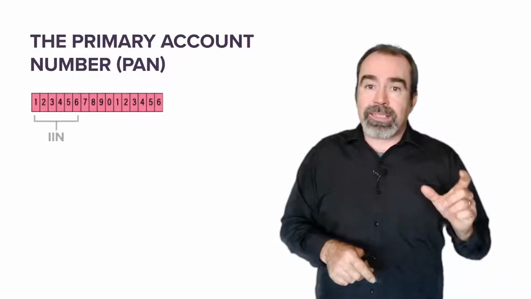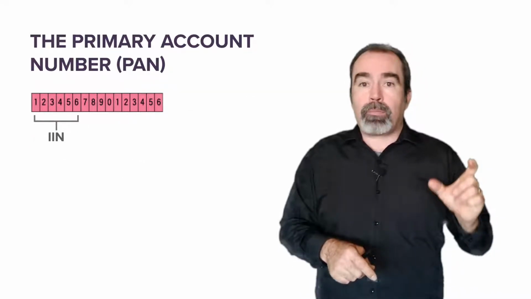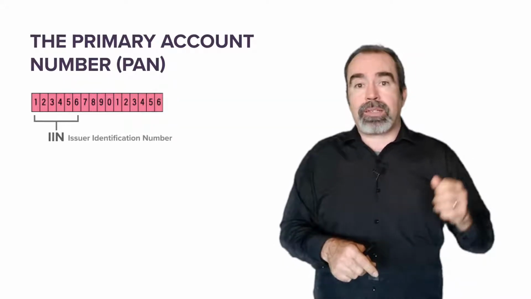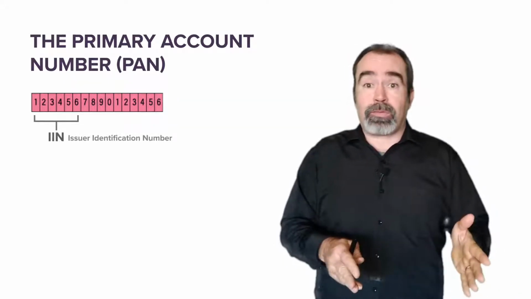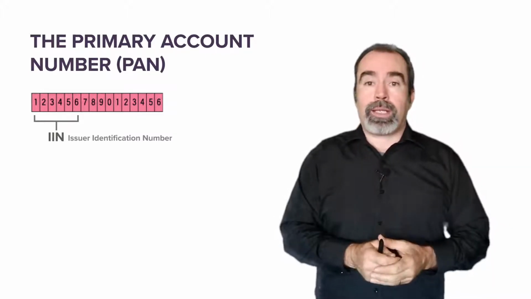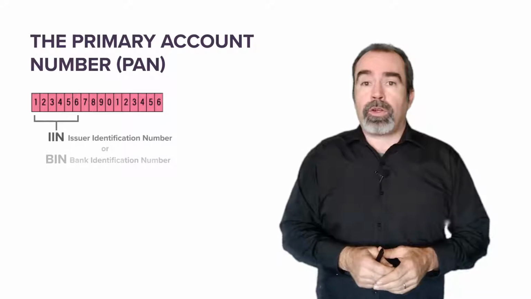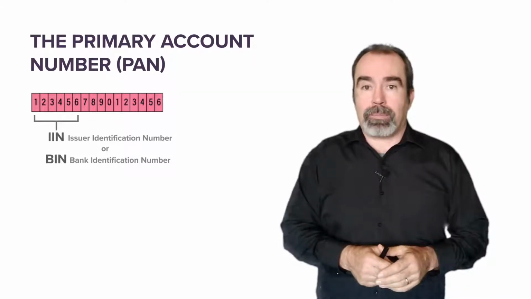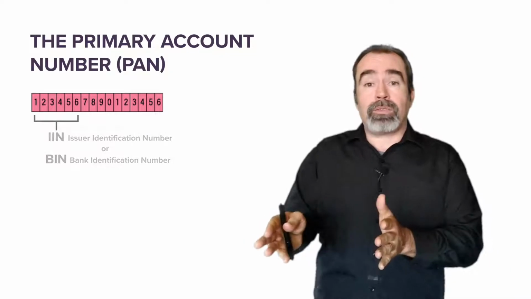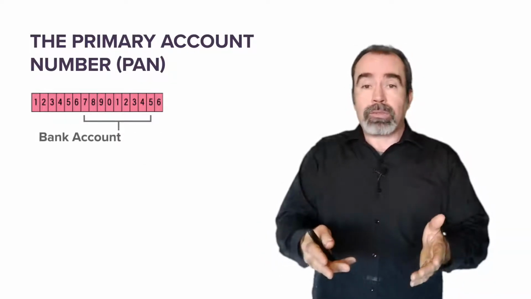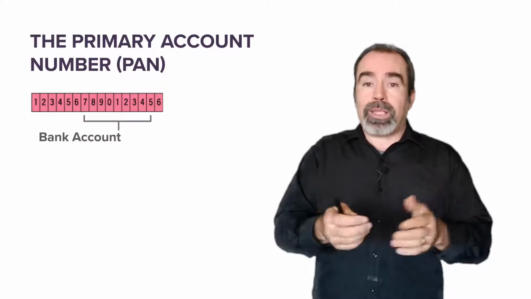The first 6 digits of that primary account number are known as the IIN, the Issuer Identification Number. So it identifies globally and uniquely who that issuer is, sometimes also known as the BIN, the Bank Identification Number. The remaining digits after those first 6 digits identify the bank account for the individual within that particular